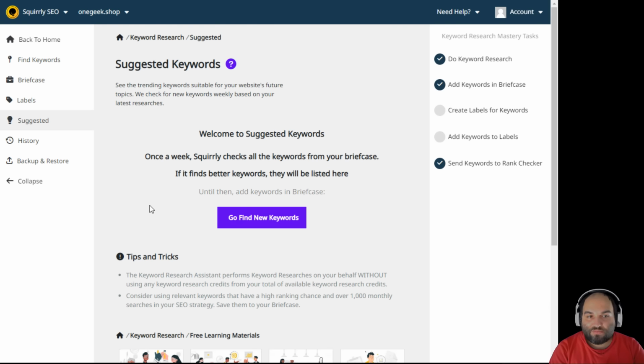So, for example, the Keyword Research Assistant from Squirrly, if you start optimizing content with the SEO Live Assistant, you send keywords to the SERP checker, to the rank tracker, and you keep doing more keyword researches and you label them and add them to your briefcase, our assistant will start knowing what types of keywords you're going after, and